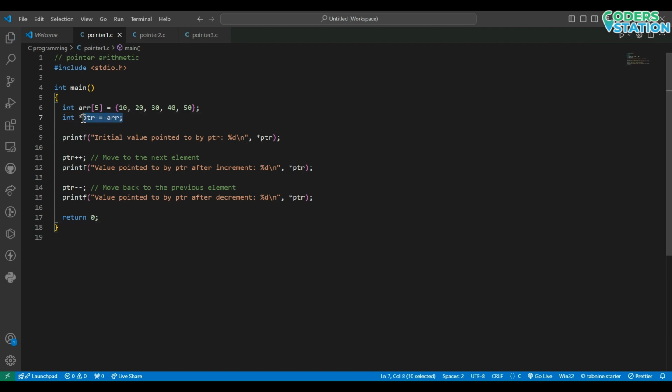One more thing, in this program you can see something missing over here. While declaring the pointer variable, we have not written the ampersand symbol. This is because it is an array. The pointer variable is pointing to an array, due to which we are not writing the ampersand symbol. If it were a normal variable, then we would have written an ampersand symbol, as initially the first element of an array will be the 0 element, which is the 10. So therefore, we are not writing the ampersand symbol before array. Now let's execute this program.